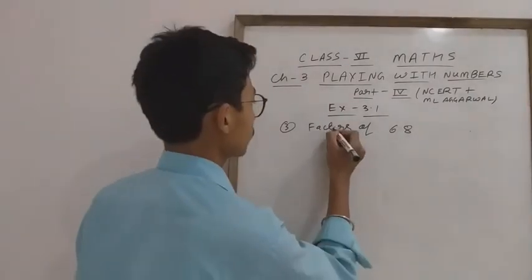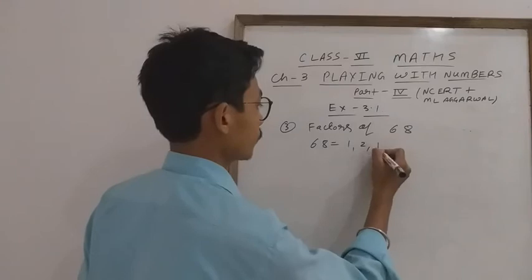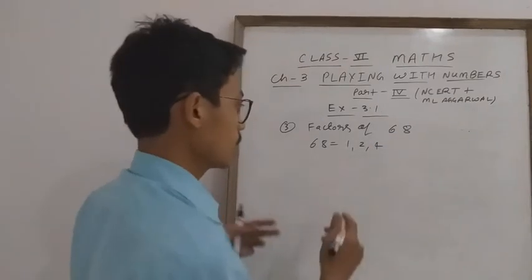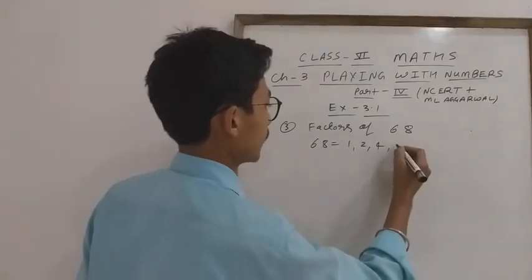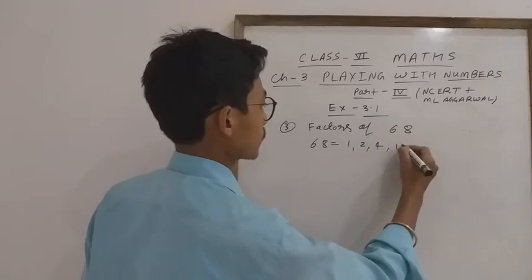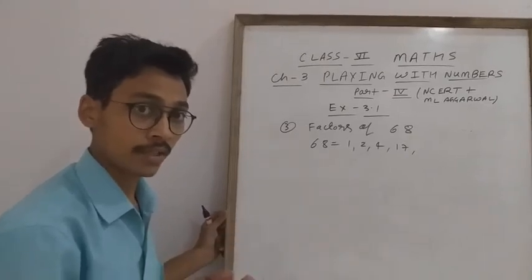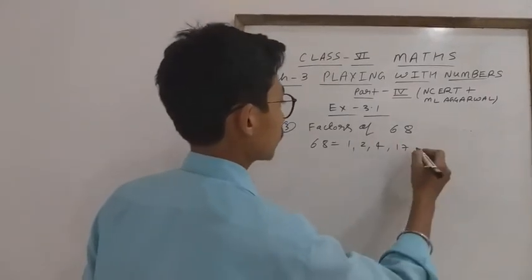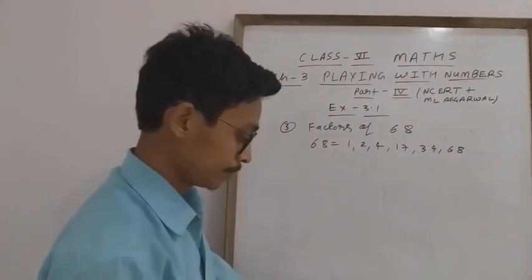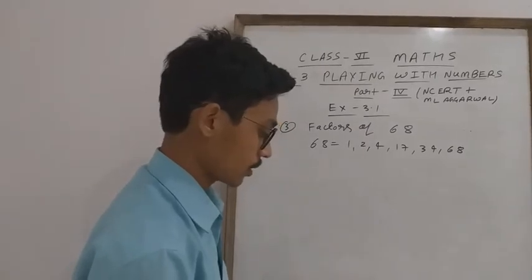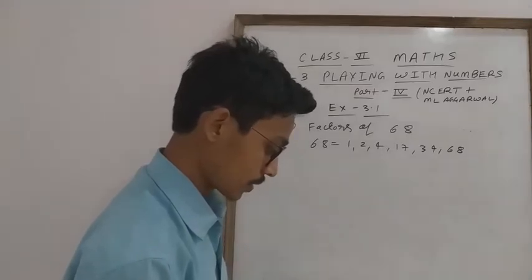This is the initial point. So you know that 68 is divisible by 1, 2, 4, 17, then 5, 6, 7, 8, 9, 10, 11, 12, 13, 14, 15, 16, 17. It will come 17 because 17 times 4 is 68. In factors, tables are very important, so everyone learn tables. 17, or it will come 34 and 68. I think only these are the factors, students. Clear? So this is exercise 3.1, question number 3. Now you only have to find all the factors, so you will find out yourself. Clear, everyone?